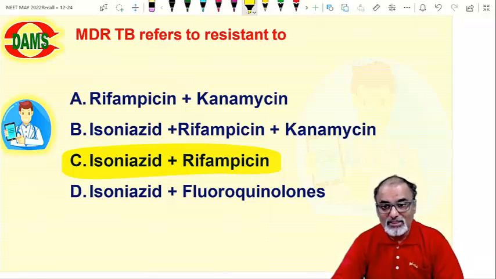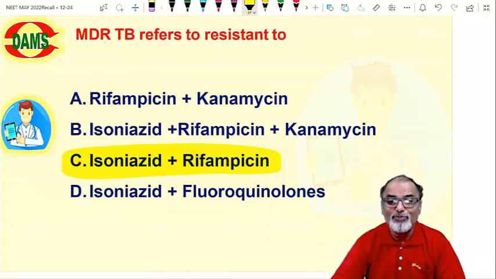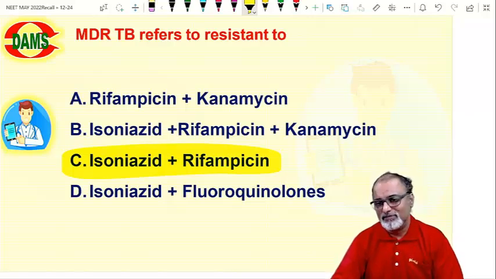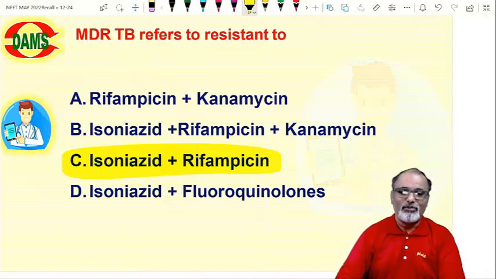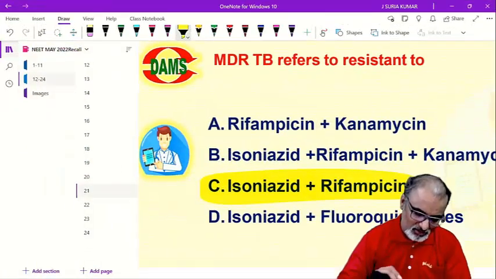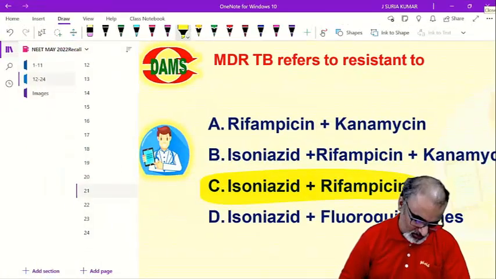Then you should know XDR. Now with the change, what is called pre-XDR and XDR. MDR with fluoroquinolones is pre-XDR. MDR with fluoroquinolones along with the newer drug bedaquiline, then we call it XDR-TB. So you should know the new definitions for MDR and XDR. Direct question. You are lucky they ask about MDR-TB. These are all 100% scoring. Next is,